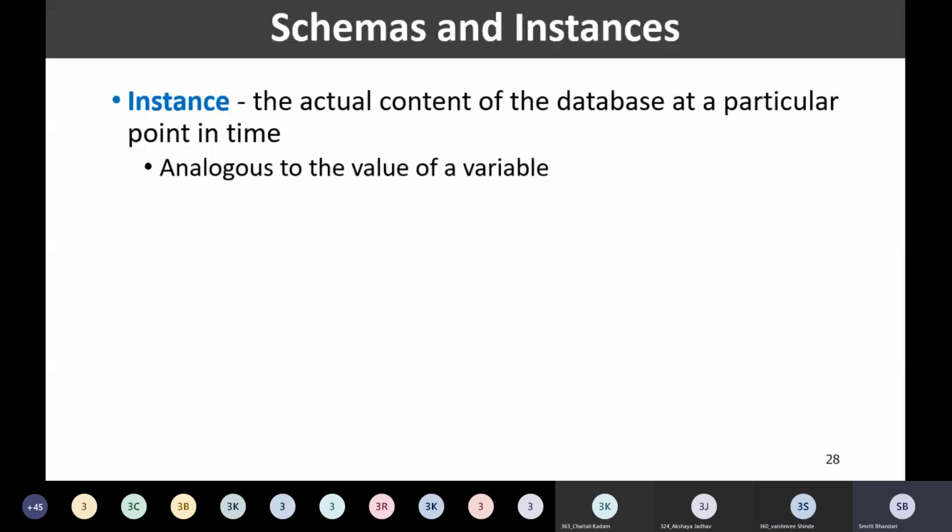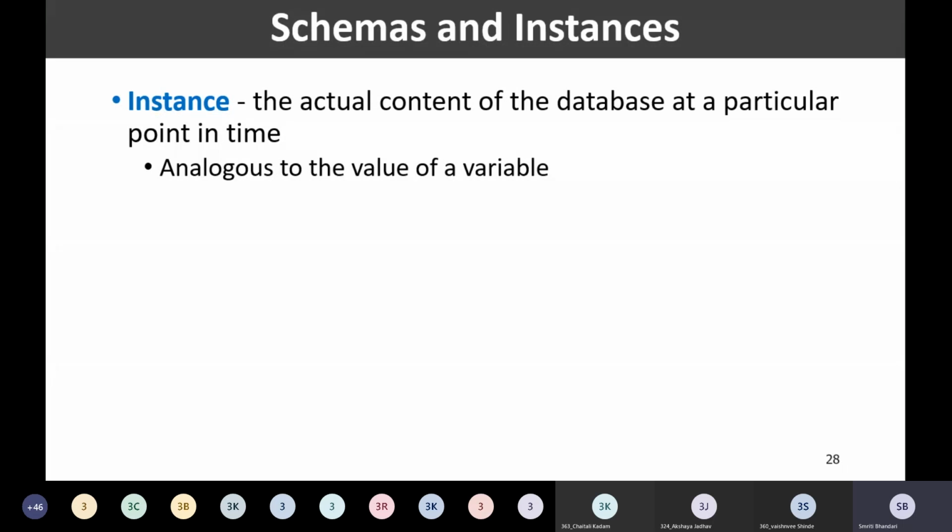Instance is the actual content of the database at a particular point in time. So we may have different instances at different timestamps, right? If I have inputted data in my database at this moment, and let us assume I take a snapshot of that database, then that is one instance of my database.